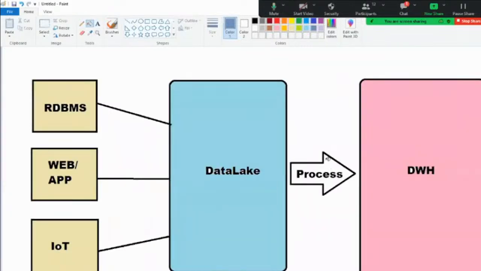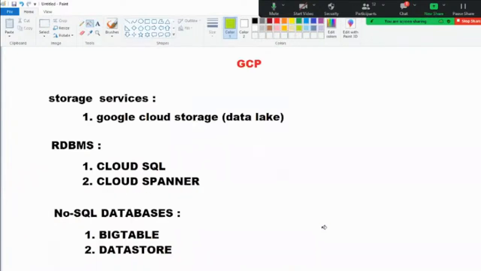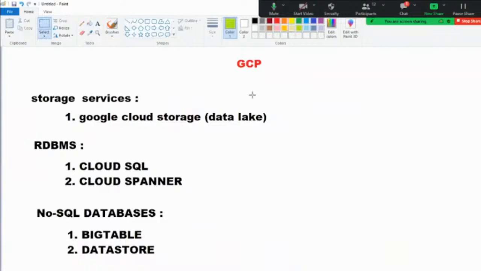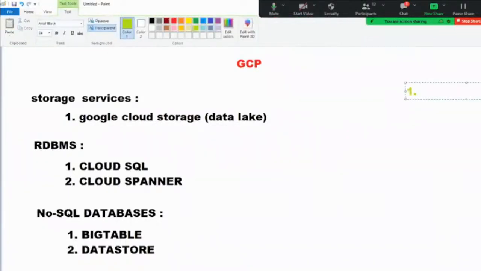Okay, and after that, we want to do some processing on top of it, right? This is also a very important step, guys. This is not a very simple step. Processing. What are the processing tools that we are going to learn in our session? I want to mention those points here. Data processing services. The first thing we are going to learn is Dataproc for Hadoop and Spark environment. Dataflow for Apache Beam with the Apache Beam programming model. Data Fusion